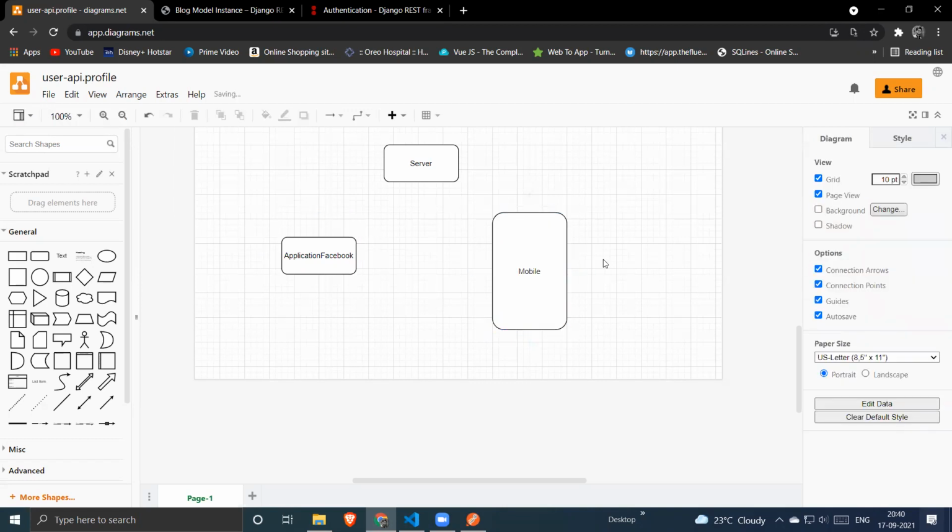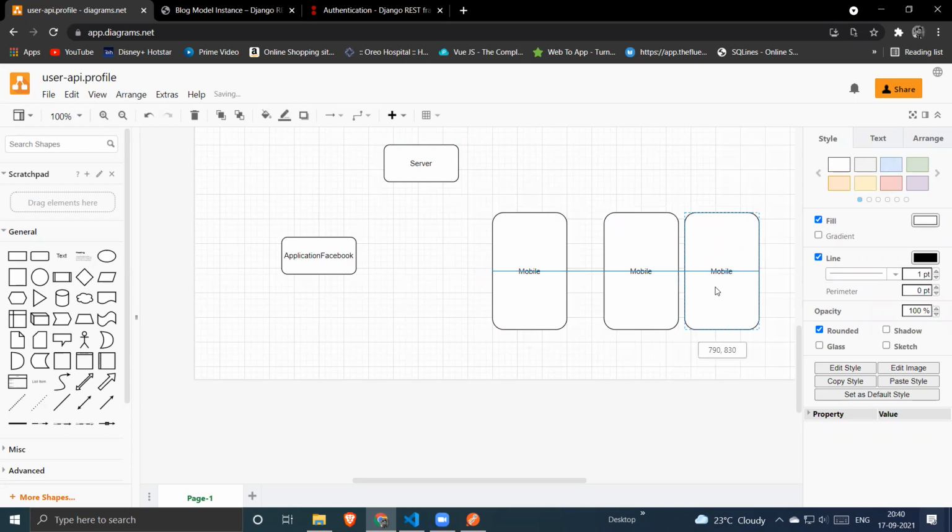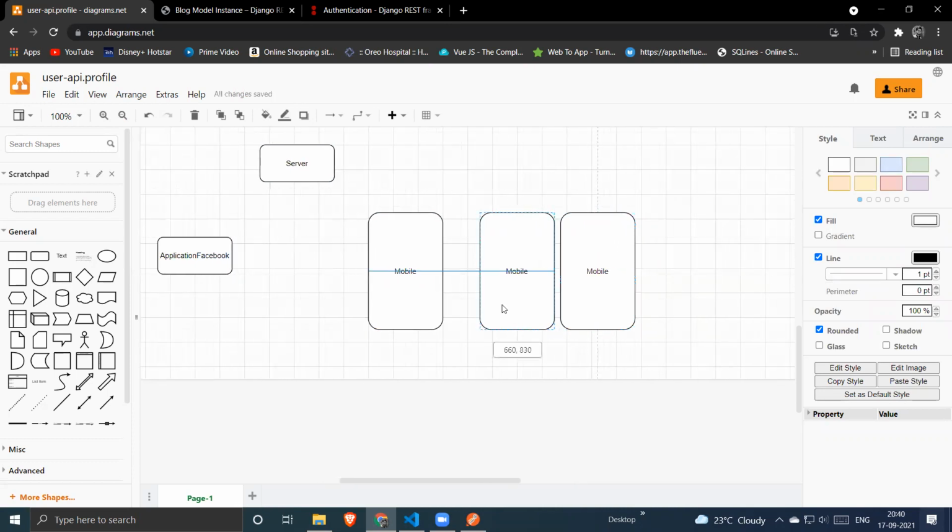The request is to fetch your own profile. So how can the server know what profile object I have to serve to this particular device, because there are multiple devices connected to the same server which use the same application, right? So how can they distinguish each other from the server side? So they provide a token system.